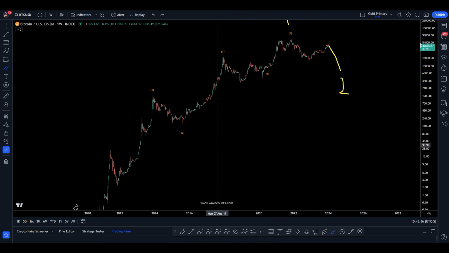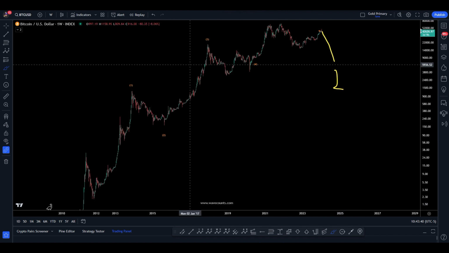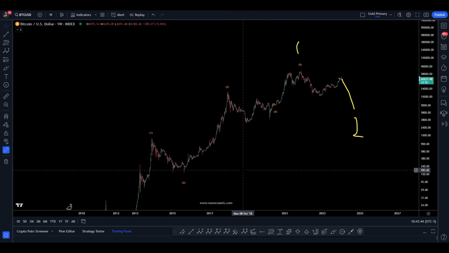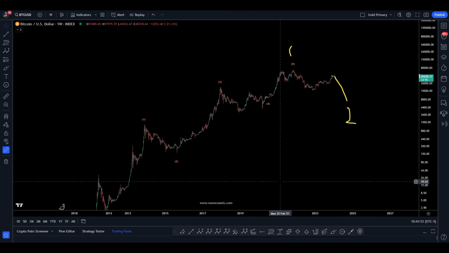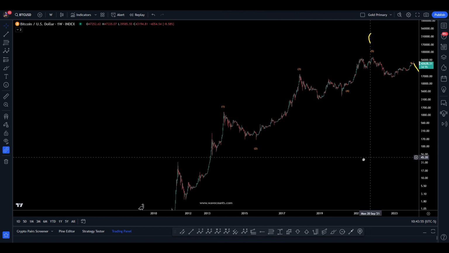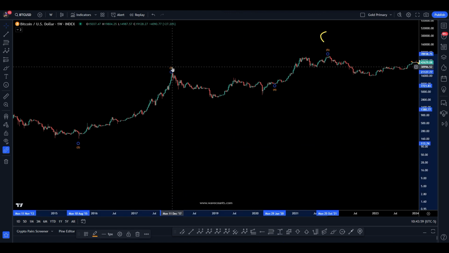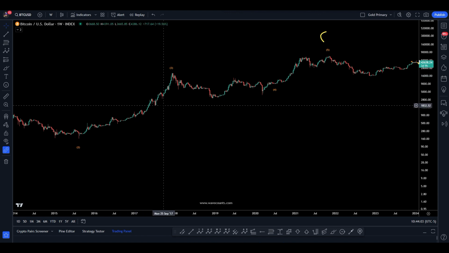Okay, so that's one interpretation of it. You don't have any alternation here. You don't have any alternation no matter how you count this. Okay, which could lend towards, well, maybe what if you're just in a third wave extension, right? But the reason I bring that up is because if you come down to count this third wave here, it has 2 extensions in it.